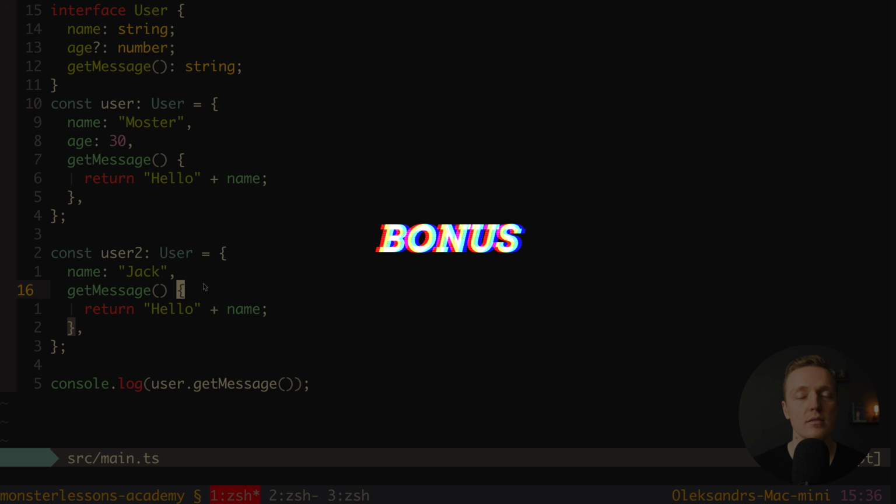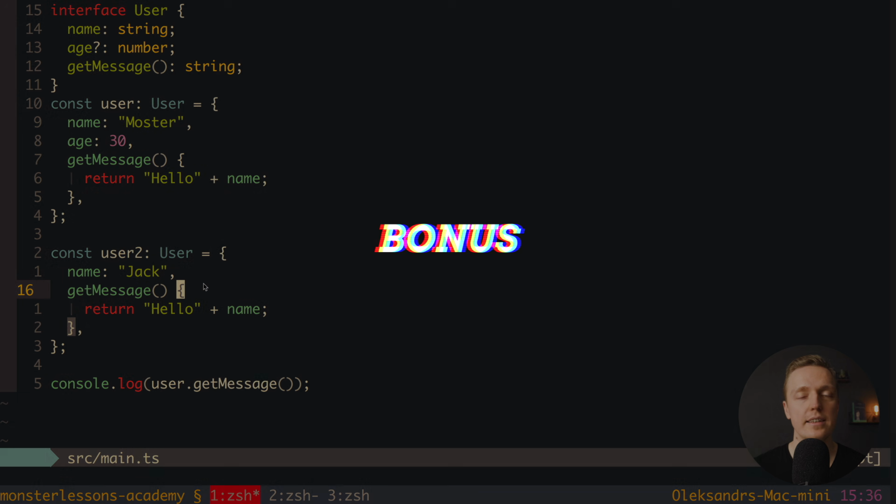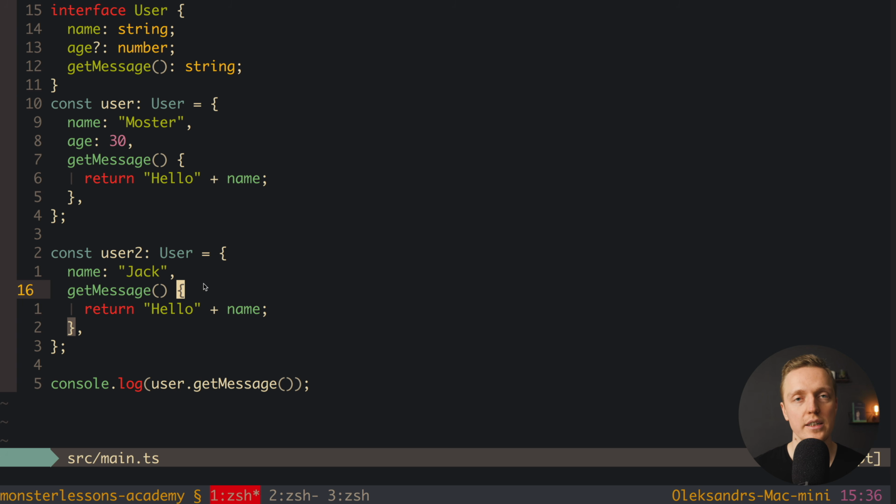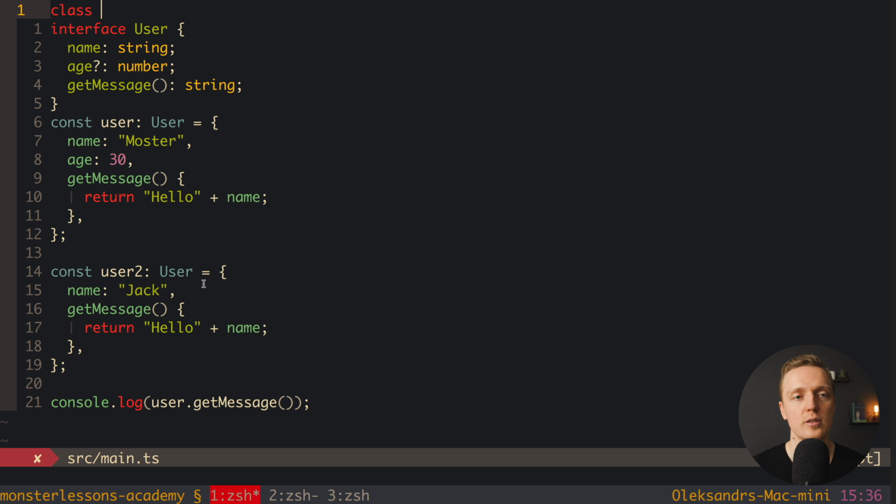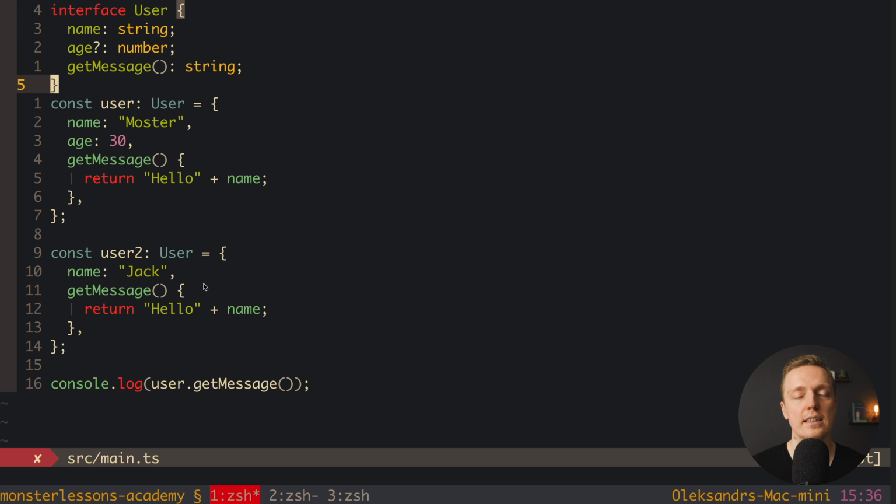And now it's time for my bonus tip, and this is regarding the naming of interfaces. Here we simply wrote the name user with capital U, and this is fine and this is the basics. But normally we can also create classes in TypeScript, and normally you will create some class like class user, and now we have a name collision because we have class user and we have interface user, and we can say that our user should be an instance of the class, or a user needs to be this interface user.